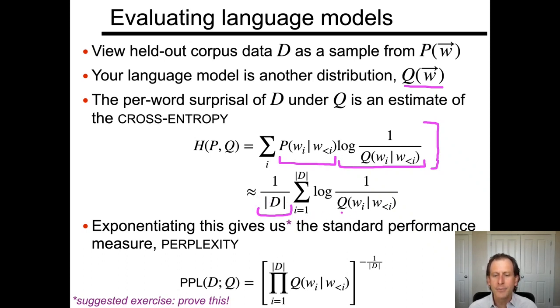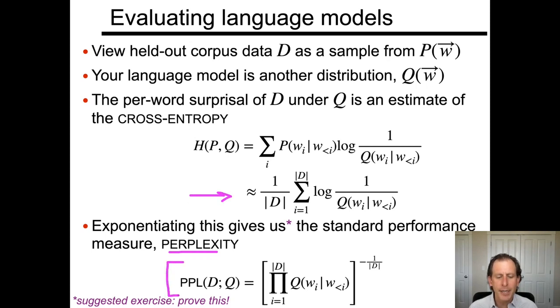And then I'm going to ask for each event, what is its surprisal? What is its conditional probability, the log of its inverse conditional probability, given the preceding words. So this is an estimate of the cross entropy. And this is very closely related to the standard performance metric that you'll see in the language modeling literature, which is called perplexity. In particular, if you exponentiate this value, you get out this thing which is the perplexity, which